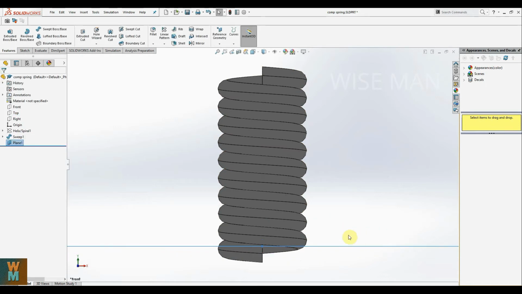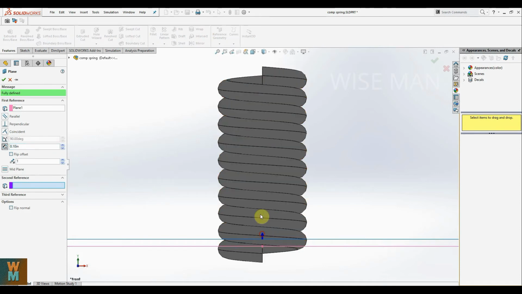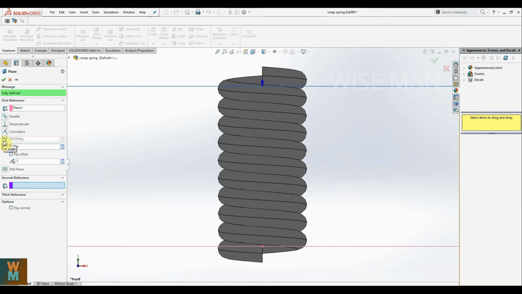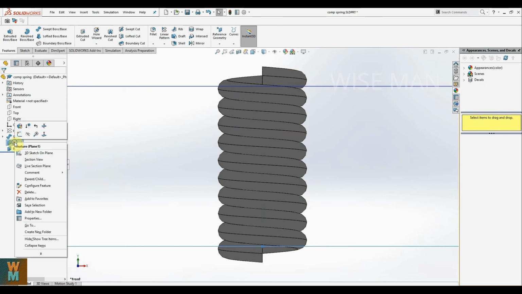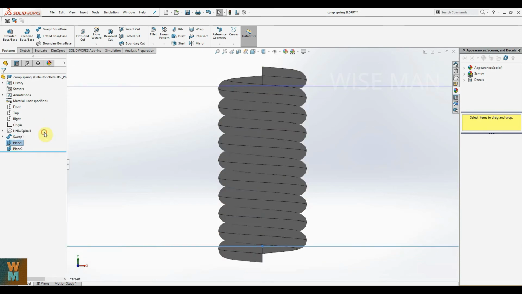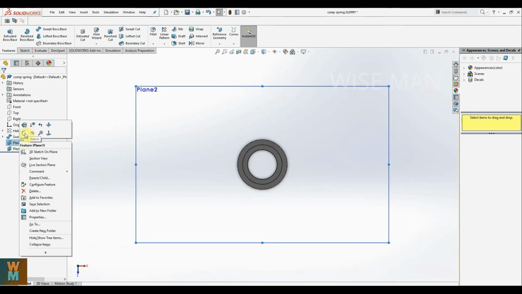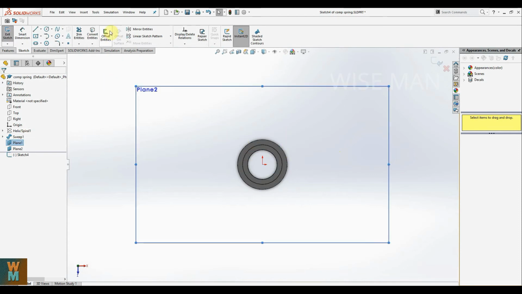Click on this and again go to reference plane. You can give it as, let's say, 2.25. So it can cut from this one. Okay, so we got these two reference planes. Now we are going to sketch on this plane, make it normal to this plane. Plane 1, go for sketch, and now what you can do,